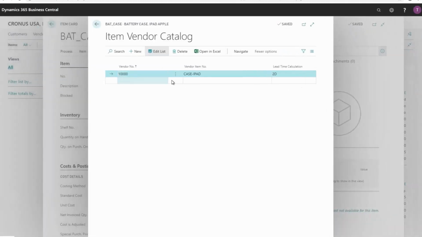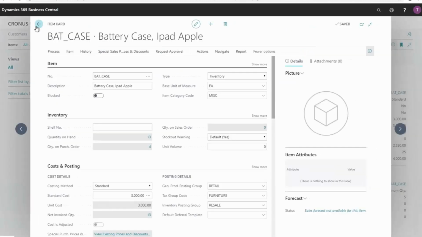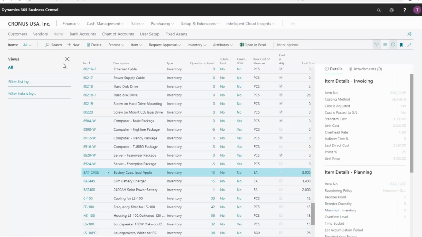Okay, and so in here you can see I've put in what the vendor is calling a case iPad for the bat case that we call it out in our inventory. And there's a 2-day lead time. Okay, once you have this set up, we can come back to vendors,